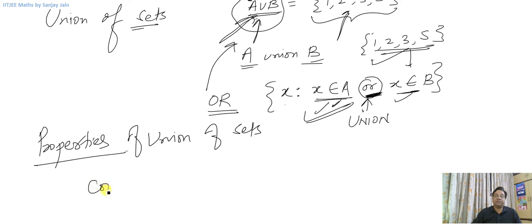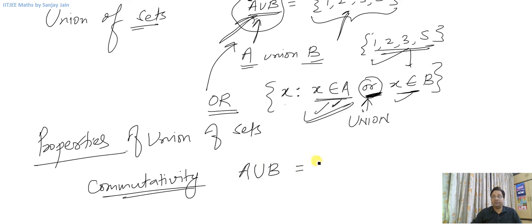Properties like commutativity, you have studied about these properties in your junior classes also. So if there is A union B, it is also equal to B union A. Now A union B means all the elements of A and B except the repeated elements. So B union A also means the same, all the elements that are there in B and A except the